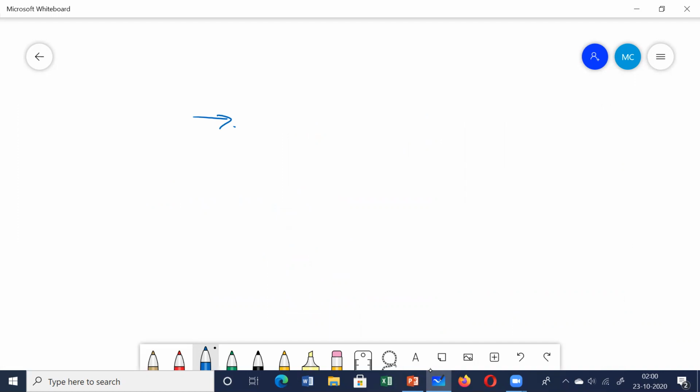So let us first come to the limb leads. How many limb leads are present? Any idea? Yes, there are mainly 3 types of limb leads. That is your lead 1, lead 2, and lead 3. So these are what are called the limb leads.